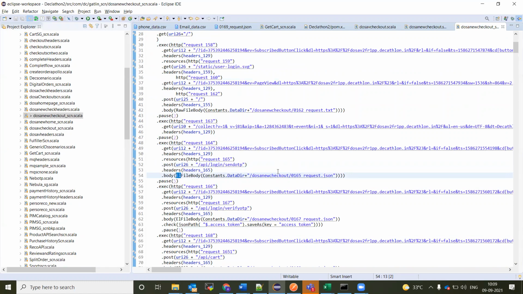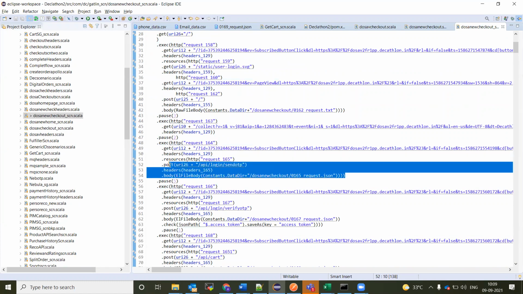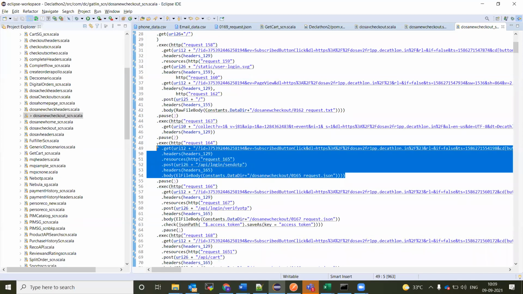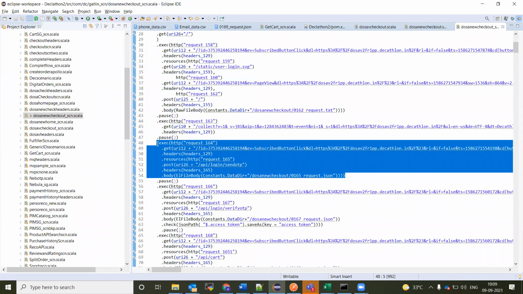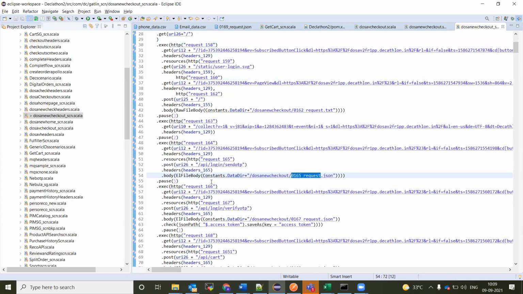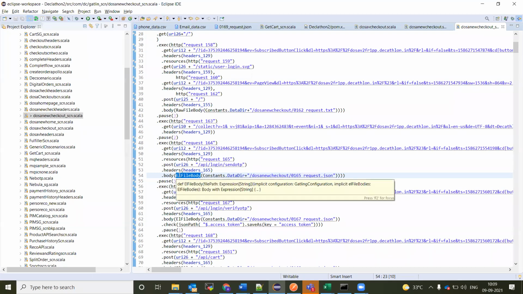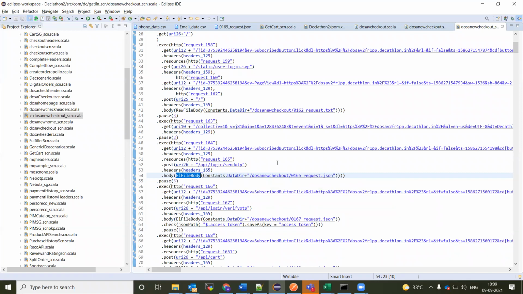Any doubts here? This is the very first point where we need to make changes if you are going to make API changes. If you are going to use dynamic parameters here, then it should be an EL file. If there are no dynamic parameters, it is a raw file. And if you have the entire body, it is a string body. Any questions here? No, right? Can I proceed? Yes, please.